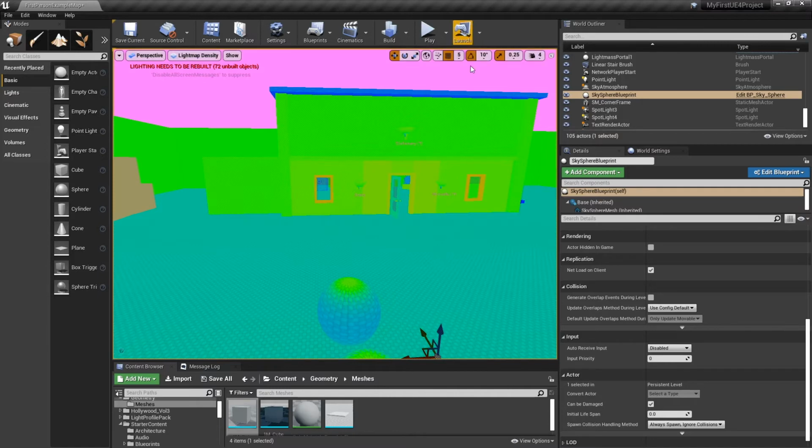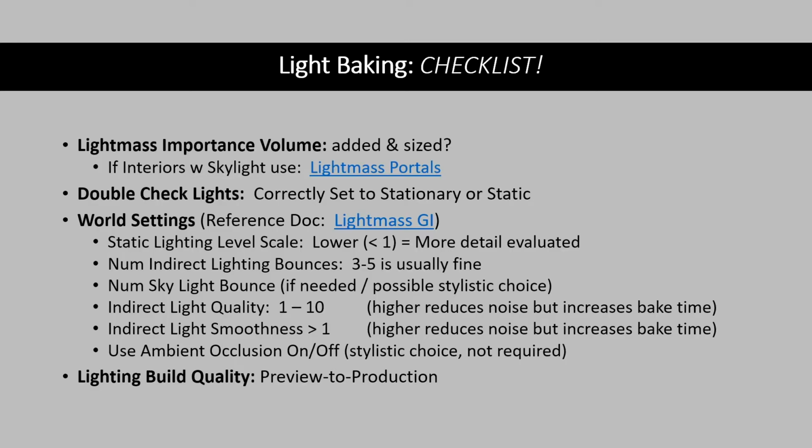And we're going to go to my light baking checklist. So what are the things that we want in order to get our lights looking good? In addition to making sure that you've got a Lightmass Importance Volume, if you're doing an interior, you can add a thing called a Lightmass Portal.